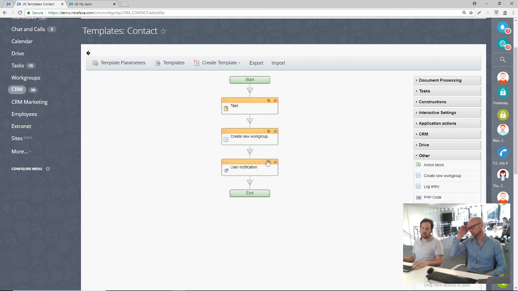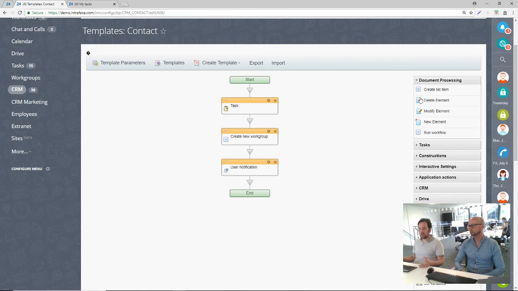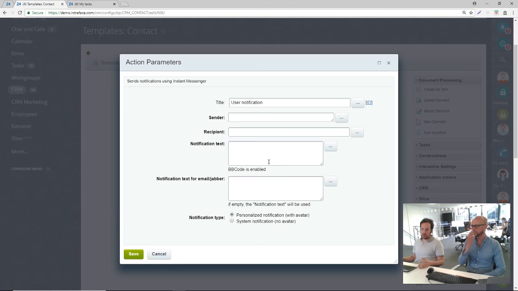Now what they wanted to do then was to update a field in the deal with a link to that work group. How you can do this is, if you bring in modify element here, in fact we'll do it on a notification to make it a little bit easier. So what we can do, notification text,